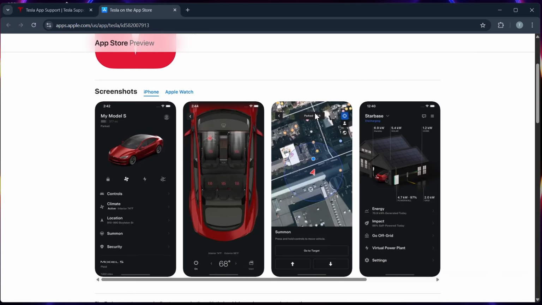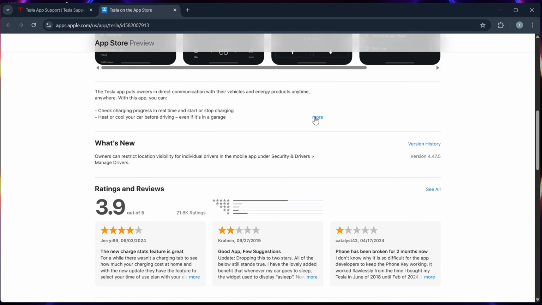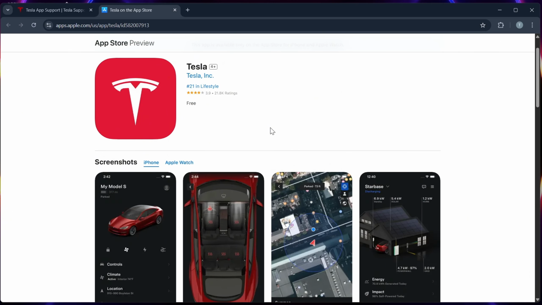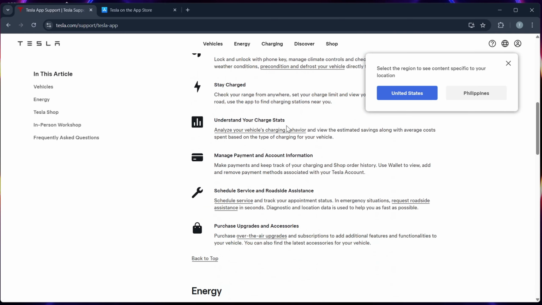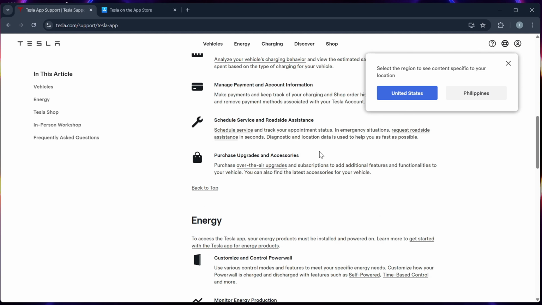Step 1. On your phone, log into your Tesla app that is connected to your vehicle. Step 2. Go to your location and then navigate, and then enter your destination. Step 3. The app will automatically suggest charging stations along your route. You can toggle add charging stops to include the best charging locations that you can stop for.